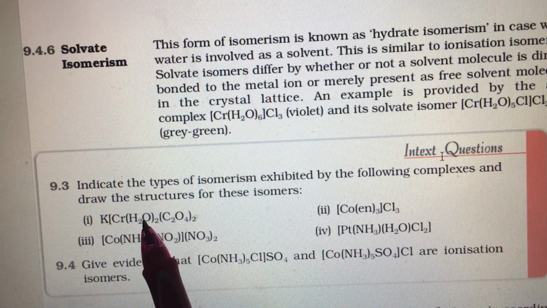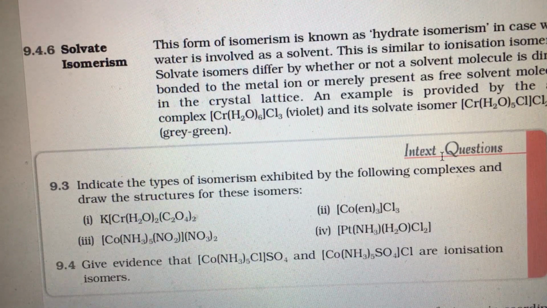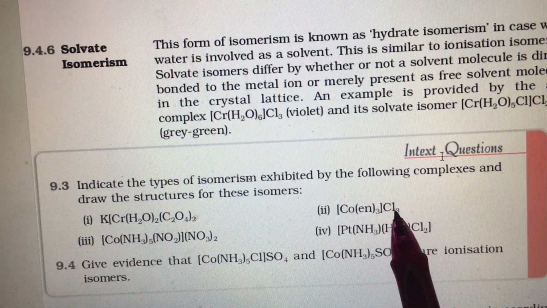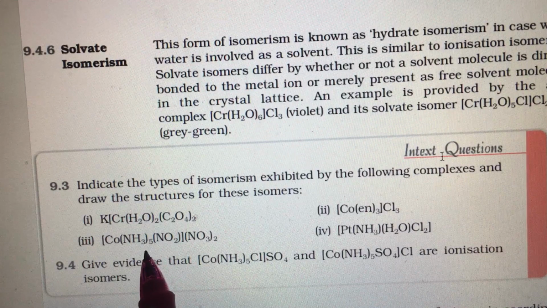Both geometrical isomerism and also optical isomerism. Total number of stereoisomers 3. Now the next one, this can show optical isomerism only. The next one is a very complex thing. This is pentamine